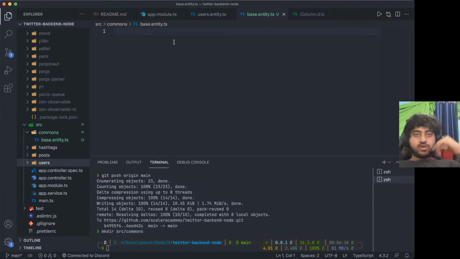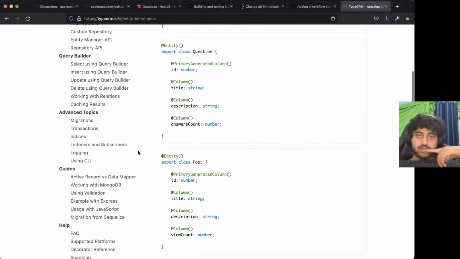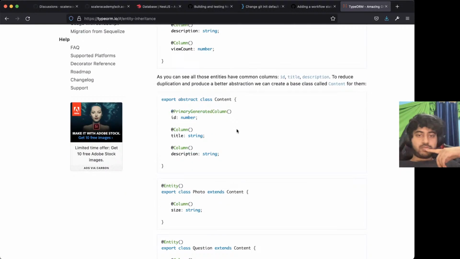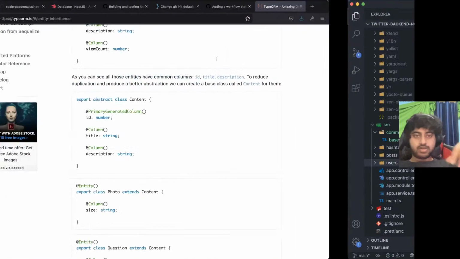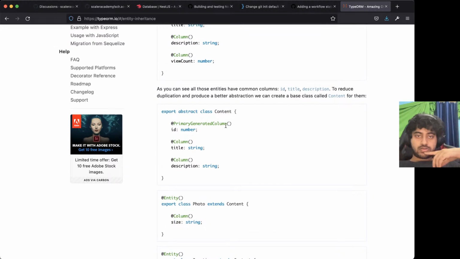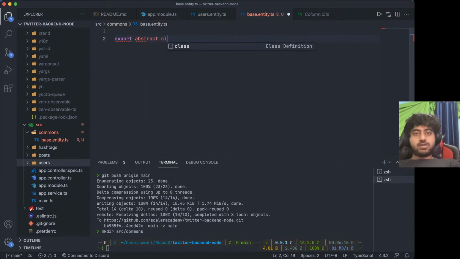So base.entity.ts, and here I will add these things. So there's a content entity which contains these things, which are going to be common there. So we can extend that. So I'll create an export abstract class base entity,